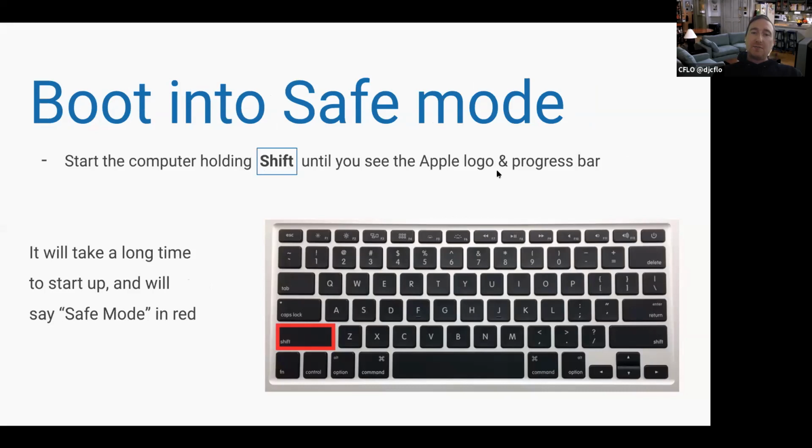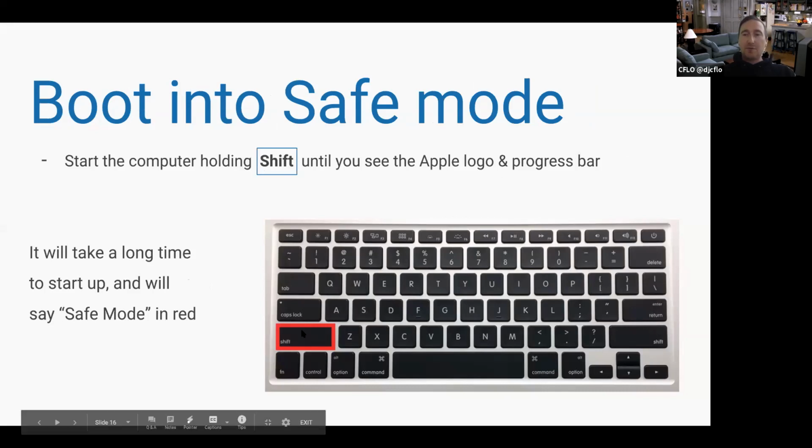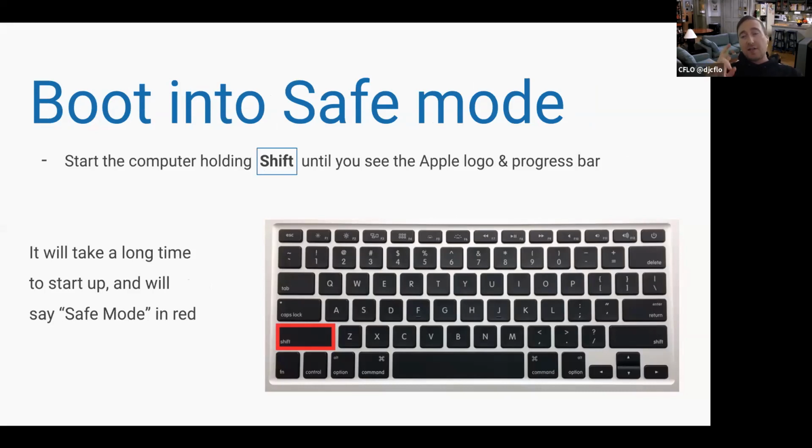Moving on, this one's really good to do, I would say maybe once a month. It's called booting into safe mode, and all you do is hold Shift when you boot. When you boot up, it takes much longer to start the computer because it's doing a lot of things under the hood. This is like regular maintenance. It's clearing the cache files. It's doing a file system check. It's repairing your hard drive if there's errors in the file system. And overall, it takes longer. And when it does boot up, you'll see safe mode or safe boot